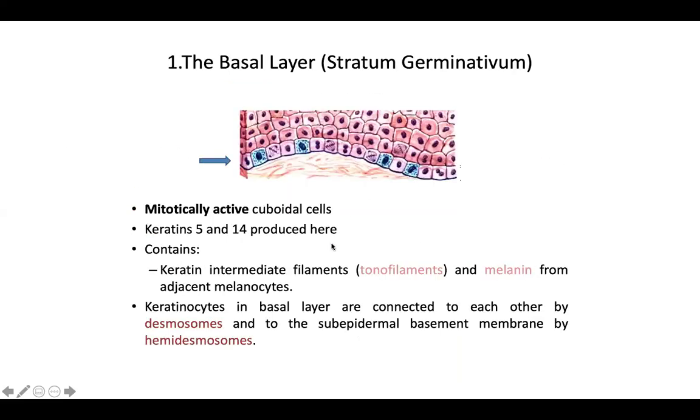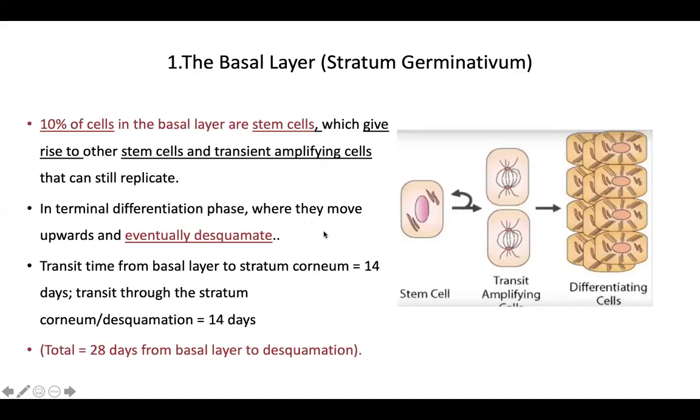So this is all advanced, you don't need to know about. Just very quickly, we have multiple connections between the cells. In the stratum basale, the connection between the dermis and the epidermis is called hemidesmosome, and the connection between two cells is called desmosome. This is the connection, okay?